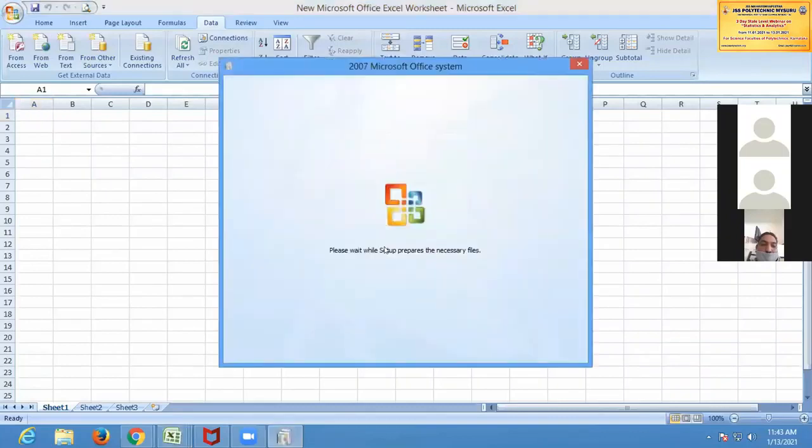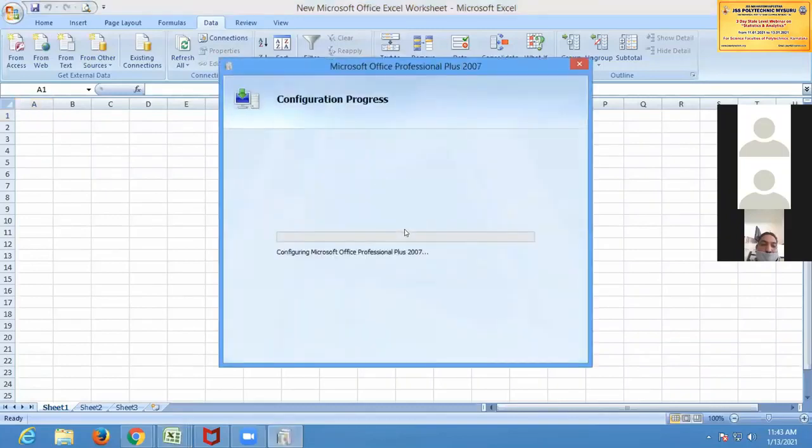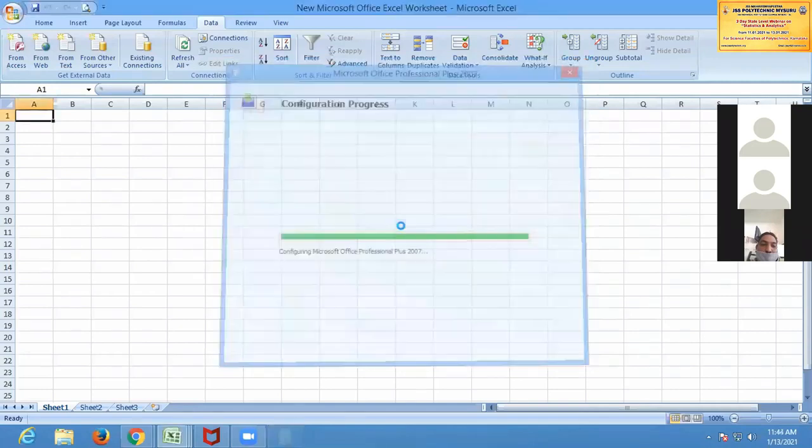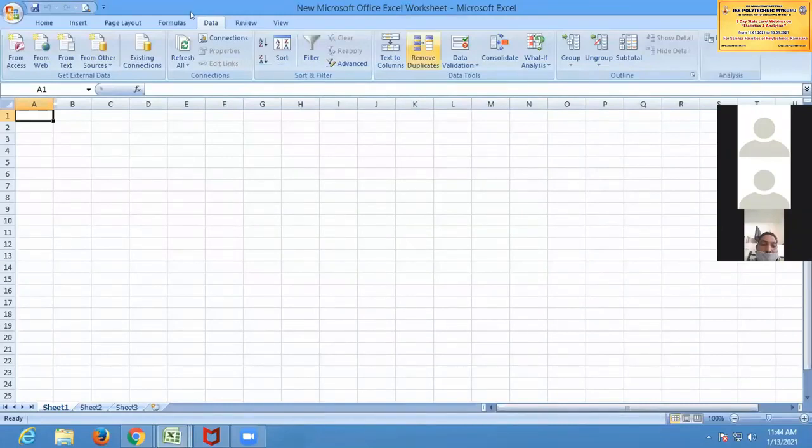It is asking, yes, it is installing. Now you can click on Data. You can see at the end, you have the option called Data Analysis. So this is how you enable the data analysis tool.